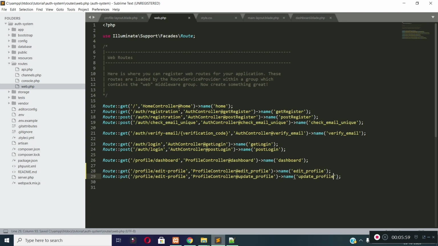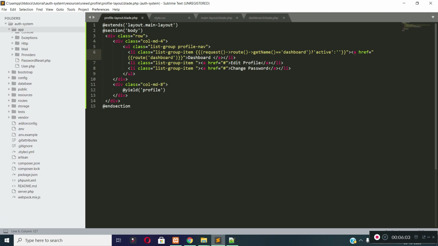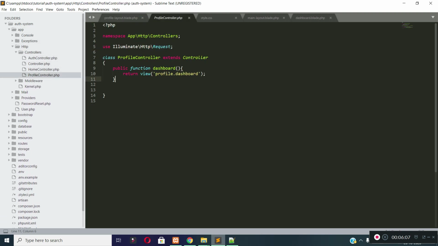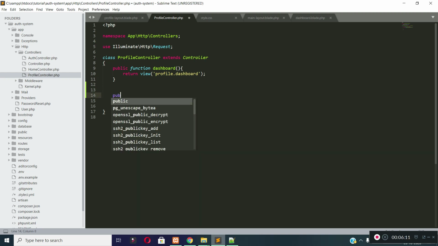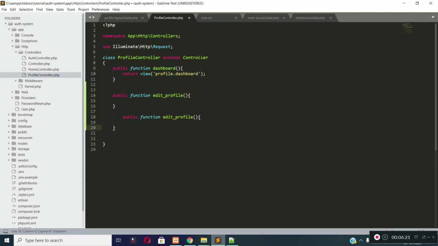Now let's open our profile controller and then let's add edit_profile and update_profile methods inside profile controller. Public function edit_profile and then public function update_profile.